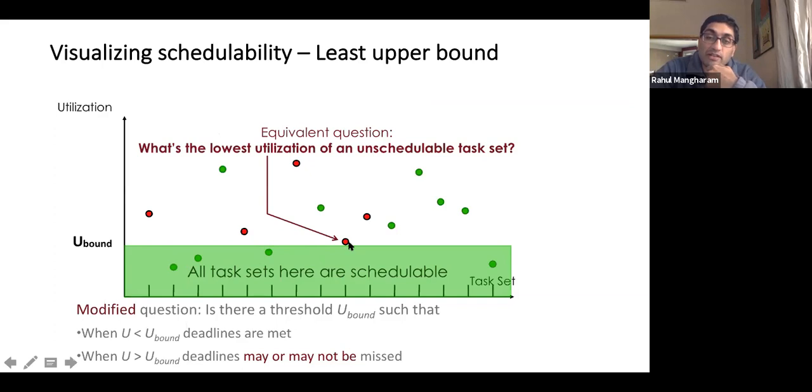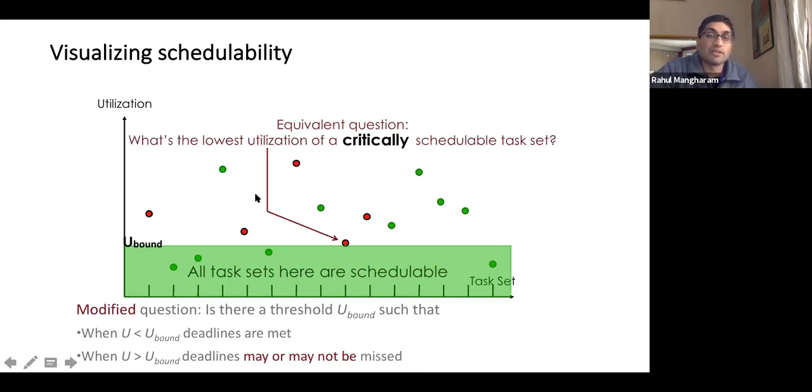So if I want to find that unschedulable task set, how low can you go? And then that's the bound over there. Or another way is to say, so I'm really trying to have a bound for something negative like that, right? So it's unschedulable, and that's the lowest utilization it's had. And we also sort of say what is the lowest utilization of a critically schedulable task set over